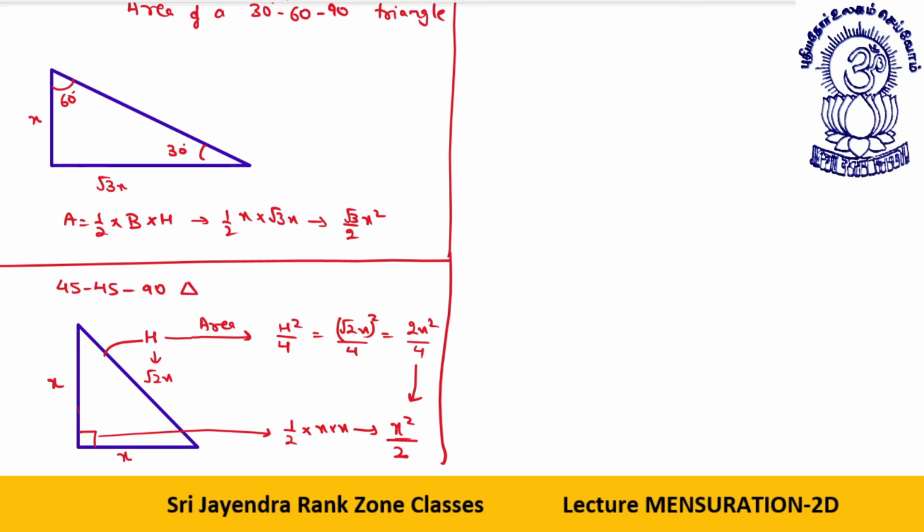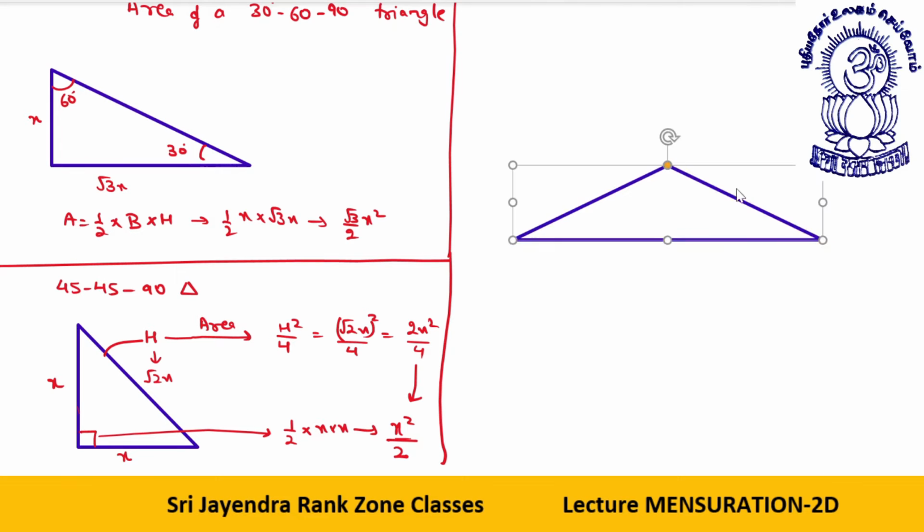Last thing, the last triangle I'm gonna tell you, you will learn it the moment I tell you. You will be able to grasp it and you will be able to learn it. Look, I take a 30, 30, 120 degree triangle. If this side is A, this angle is 120 degree, this side is A, I directly tell you the area will be root 3 by 4 a square. Isn't it similar to an equilateral triangle? Yes, it is, and it is very easy.